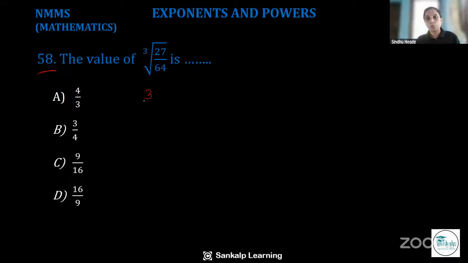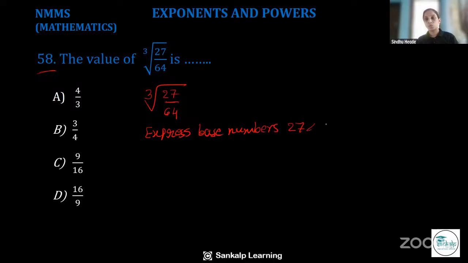So cube root of 27 by 64 is given. Let us convert this 27 and 64 as powers. So express the base numbers 27 and 64 as powers. So cube root of